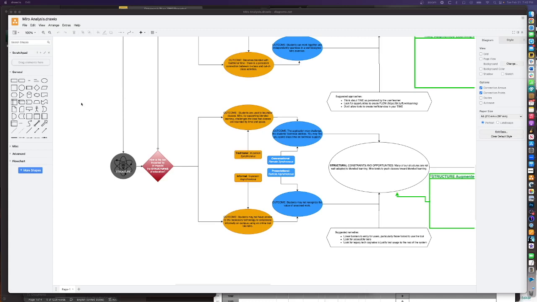So let's look at how this impacts the four different areas: traditional, informal, conversational, and presentational. So in a traditional environment, i.e. a regular classroom environment, one of the things that Miro tends to break down is this idea that you do have a bounded classroom. It breaks down the walls between the asynchronous and synchronous aspects of the class because it's a persistent thing. Even though you create it in class, you can still access it outside of class. And so students can be working on it in class, between class, come back to it in class, and so on and so forth. It kind of breaks down the walls and creates a very much a blended learning environment,